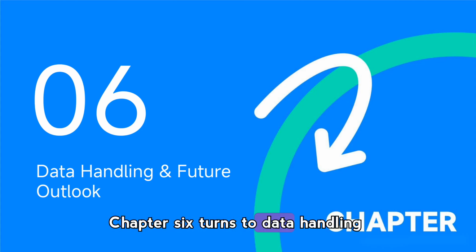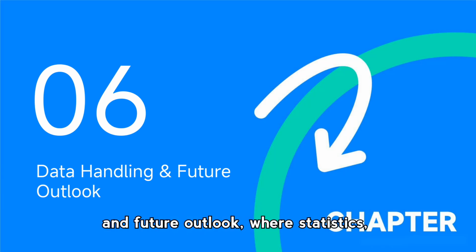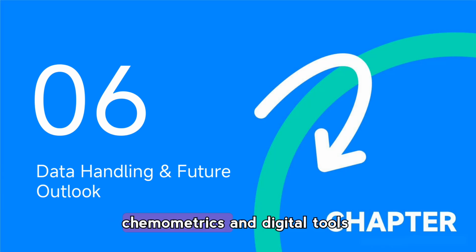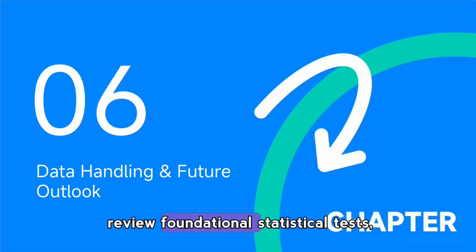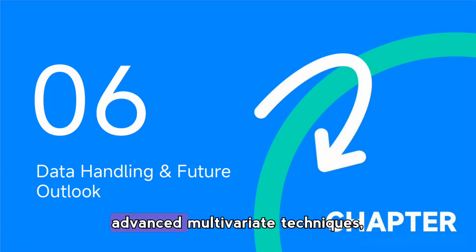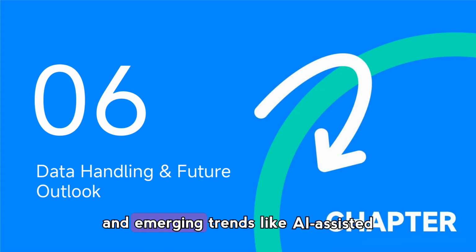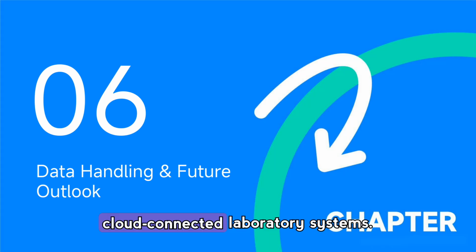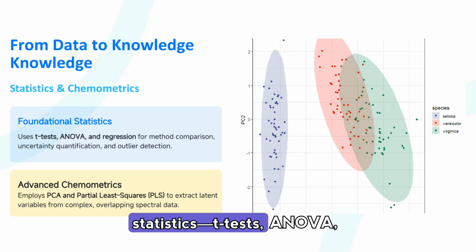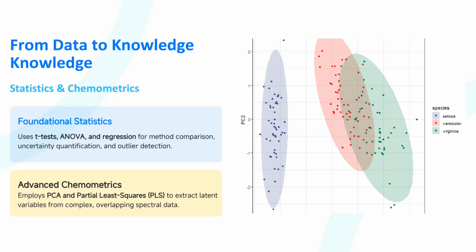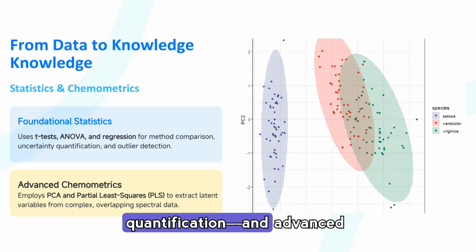Chapter 6 turns to data handling and future outlook, where statistics, chemometrics, and digital tools translate raw measurements into knowledge. In this final chapter, we'll review foundational statistical tests, advanced multivariate techniques, and emerging trends like AI-assisted method development and greener, cloud-connected laboratory systems. Converting data into knowledge requires both foundational statistics, t-tests, ANOVA, regression and uncertainty quantification, and